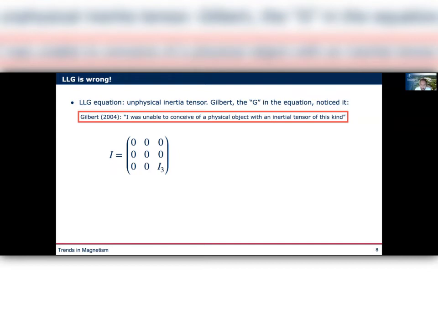The reason for this statement is that in classical mechanics there is no object you can think of which has all but one element of the inertial tensor that are not 0. The closest you can get is, for example, a rod rotating around its axis, or even at the extreme, an object where all but two elements are not 0. But all elements but one being 0 doesn't exist. At least we cannot picture this. And this was a bit surprising to me. I did a PhD on these topics, and I never thought about this because we take it for granted.